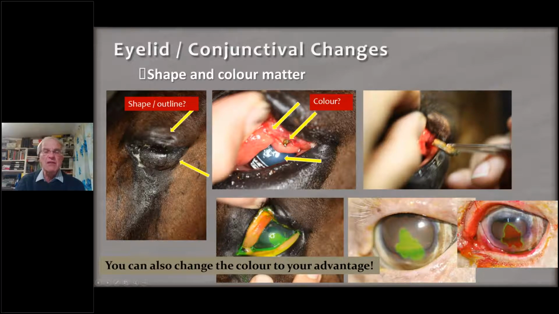And when we looked underneath, we could see this little brown area here and another little brown area underneath here. And what did we find? We find a stick inside. And when we found a stick inside, we went back and found a second stick inside immediately adjacent to it. So look very carefully, because there are subtle changes that will enable you to see what is going on and what is normal. And of course, we can also change the color to our advantage by putting